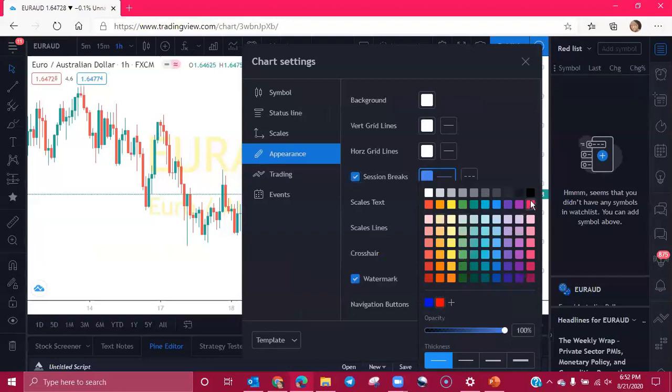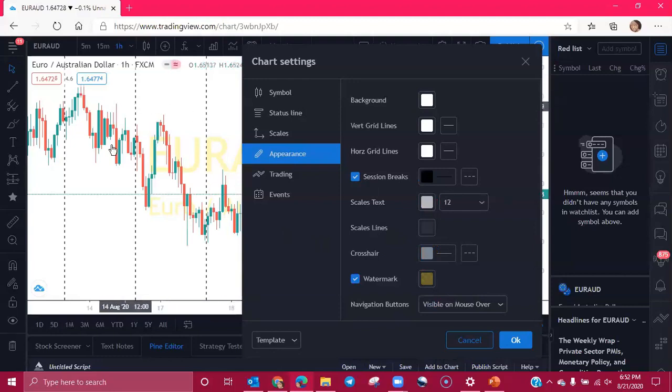So let's say we want to change the color to black. Now you see these session marks come up, and all that means is that in between each of these session marks is a full trading day. So this is one trading day, this is another trading day. That just helps you keep count of where the candlesticks are.